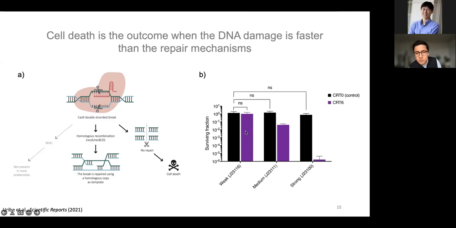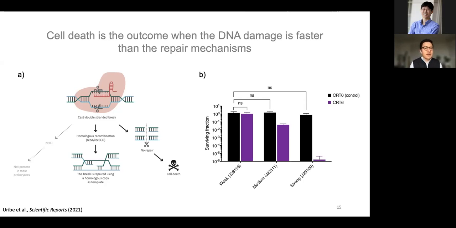So for that, we had 2 targets. We had a control target that is completely random, not targeting anything in the chromosome of E. coli. And then we have 1 target that is in the chromosome of E. coli. And then we have 3 different promoters, a weak, a medium, and a strong promoter. And what we could see is that there was sort of a correlation between the level of expression of Cas9 and the potency of the CRISPR-Cas antimicrobials.